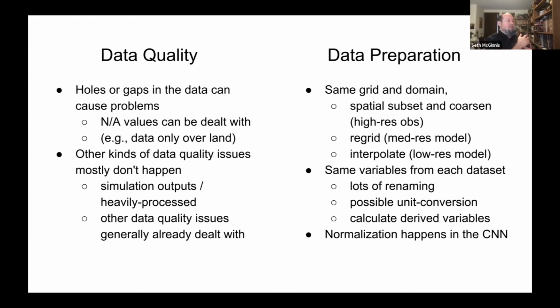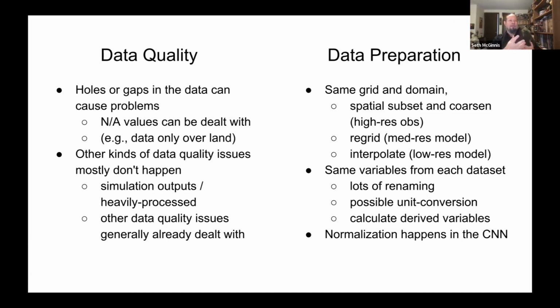Data preparation is mostly about taking data from multiple input data sets and getting it to all line up. So we have to get everything onto exactly the same domain and exactly the same grid. So we need to do spatial subsetting. And if it's high resolution, we need to coarsen it. If it's medium resolution, we probably need to regrid it onto the same grid.